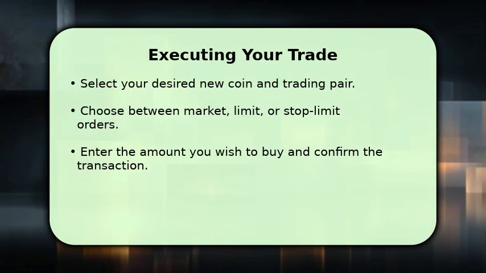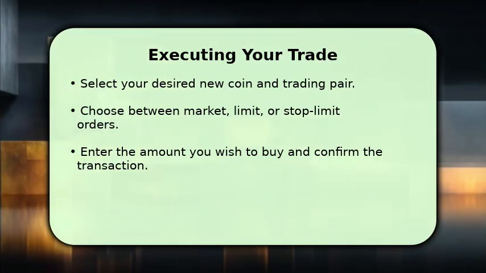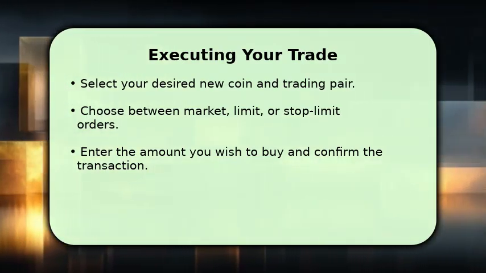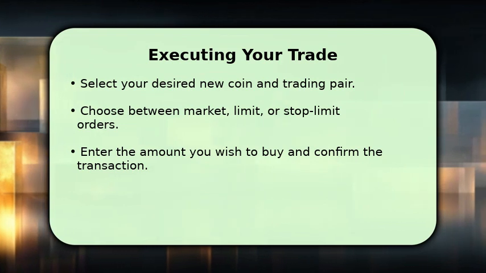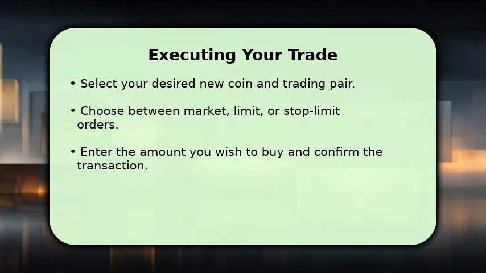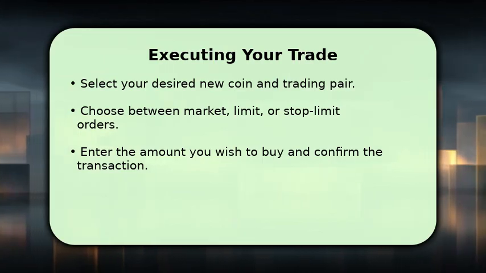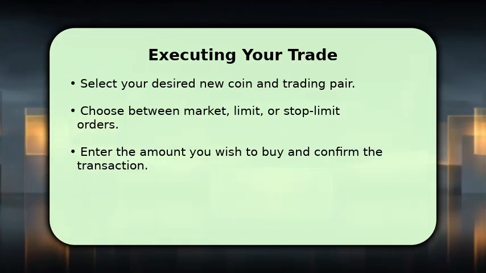Once you've chosen a new coin, select its trading pair, for example, the new coin versus UST. You'll then decide on your order type. A market order executes immediately at the current price, while a limit order lets you set a specific price. Enter the amount of the new coin you wish to purchase, review all the details, and then confirm your buy